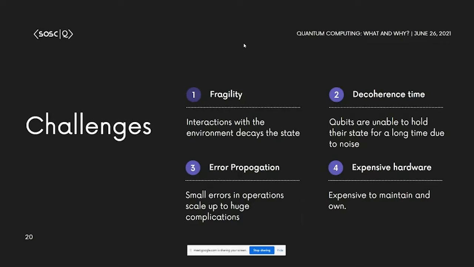So what are the basic challenges that we have right now? Fragility. A qubit is very, very fragile. When you are applying the gate operation, even on cloud, when you're coding something, it's very fragile. And when it's being carried out on the back end, even a very small disturbance in the environment, be it radio waves or even temperature fluctuations, and the state which you want is gone.